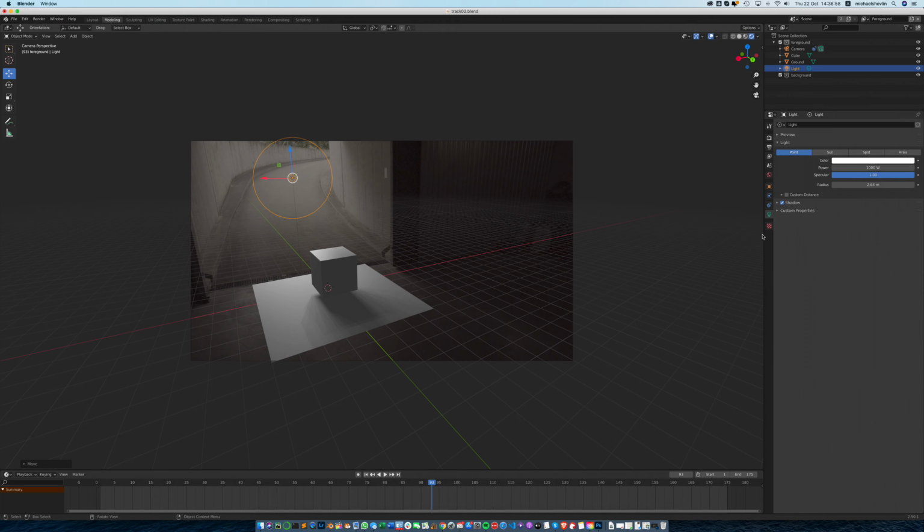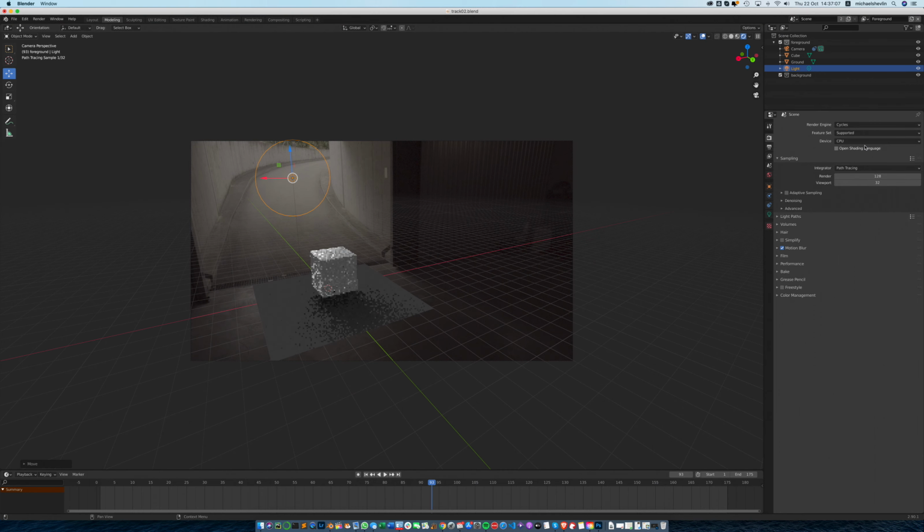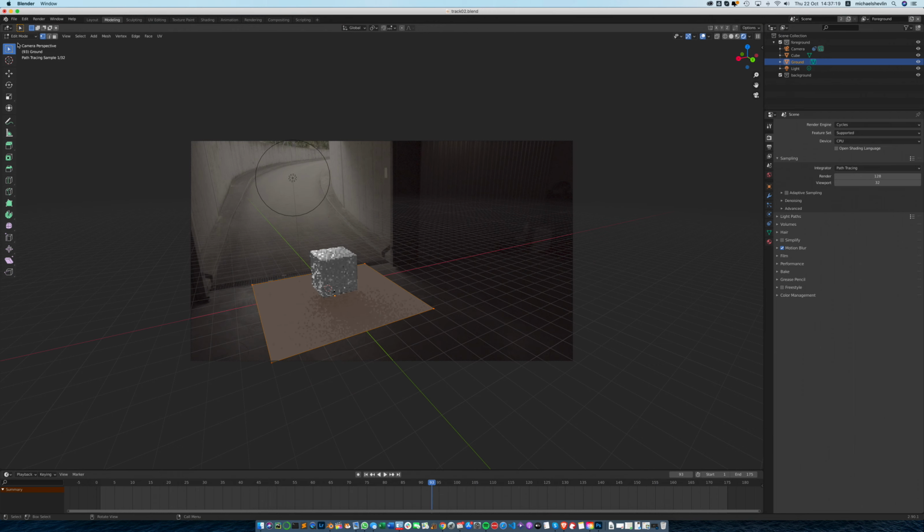It's looking a bit weird because we're using Eevee, which is a graphics card renderer, and that's something we need to change now. So we're going to go to Cycles. Well, that's looking better, but we've still got this annoying block. We're also running out of space on it, so we're going to need to do some movement on it. So I'm just going to go into edit mode, pressing tab on here,